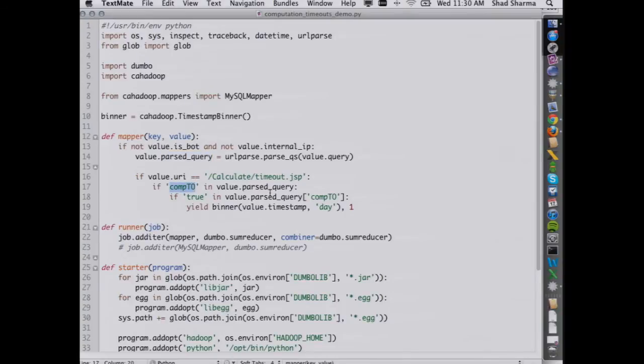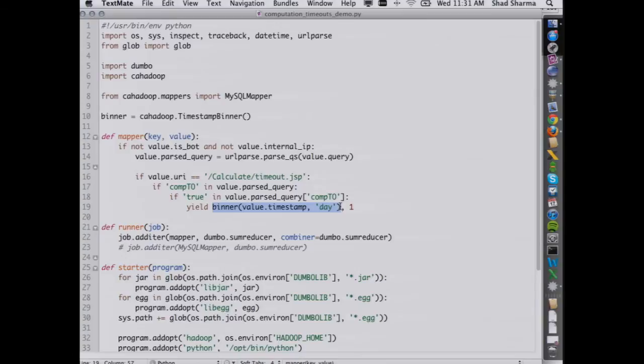And if compto is in the parsed query, we check that the value of it is true. So that's basically what is happening here. Then, if all of that's true, we yield the timestamp of the request realigned to the left edge of the day. So that becomes our key, and the value is 1.